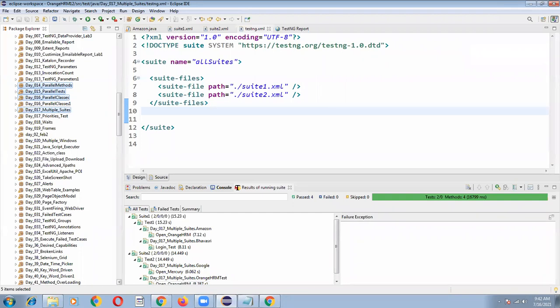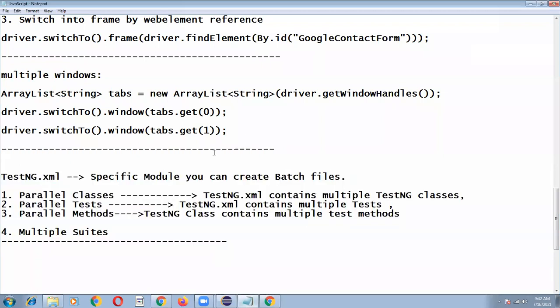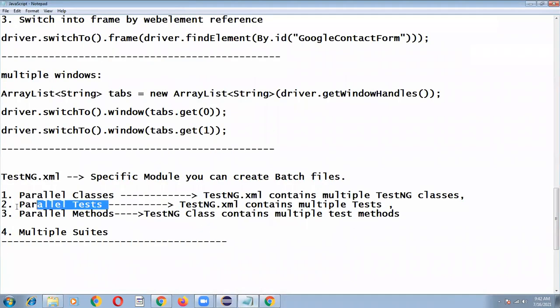A straightforward interview question is people asking: I want to execute parallel tests, but test 1 I want to execute in the Chrome browser and test 2 in the Firefox browser. Which approach? Can you please explain the approach? So this is the approach you have to explain. Okay, everyone is clear, right? So that's it on parallel testing.